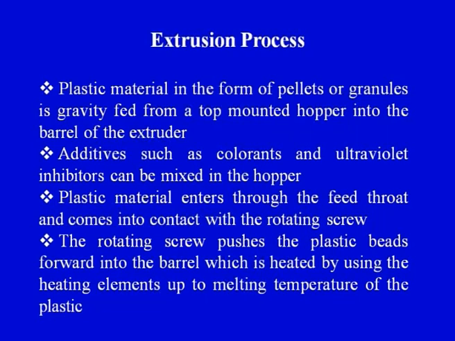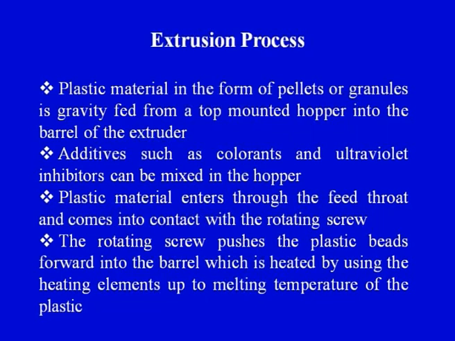Now whatever diagram we have seen, we will try to see the various steps involved. Although I have explained twice how the process actually takes place, again we will try to read and understand what are the finer points in this extrusion process, in which plastic in the form of a pellet form is getting converted into a final product. The final product is coming out continuously out of the die opening. So the plastic material in the form of pellets or granules. Pellets or granules means the raw material is in the solid form.